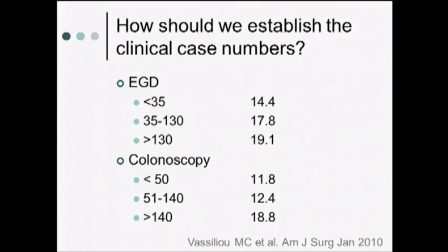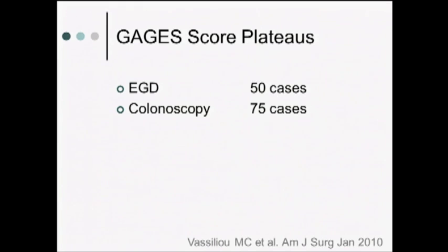proficiency? And so really what she did was she compared GAGES scores to numbers of cases performed by surgical endoscopists. And interestingly, she found that GAGES scores plateaued at about the numbers that we require for our residents for board. So when you did about 50 or more EGDs or 75 or more colonoscopies, your GAGES score kind of plateaus